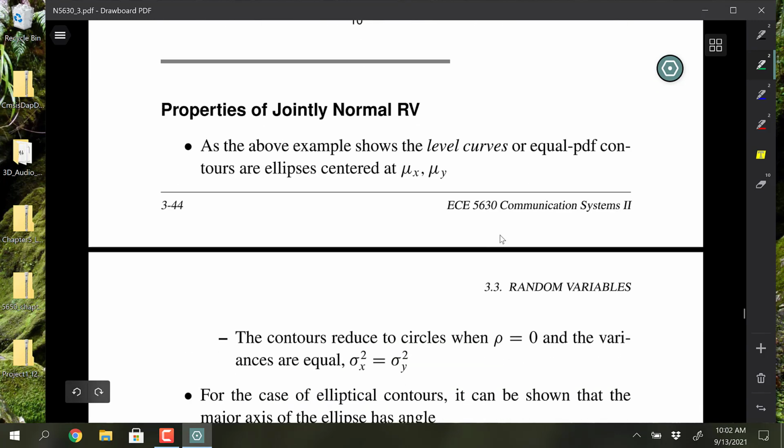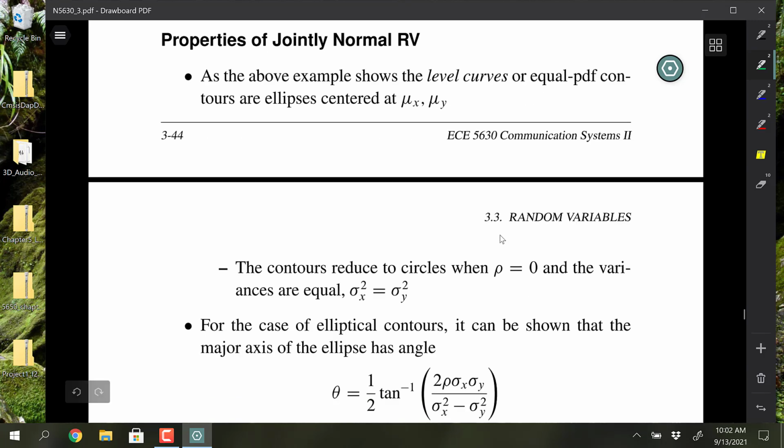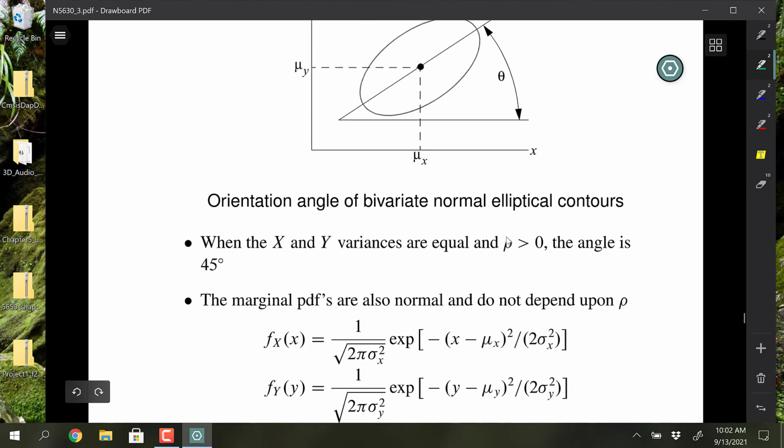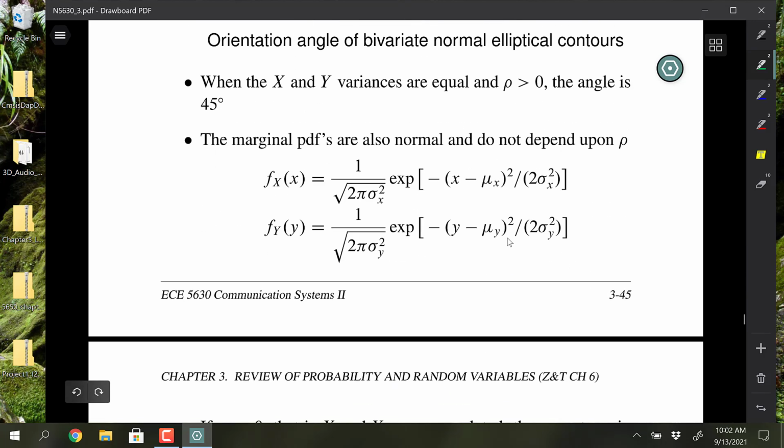So back to the two-dimensional case, the angle is controlled by this equation right here of that ellipsoid. It's controlled by rho, and then the difference between the variances. But because I was using equal variances, that number turned out to be 45 degrees in all the cases I was showing. And then not shown here in detail is the fact that when you have statistically coupled jointly Gaussian variables,